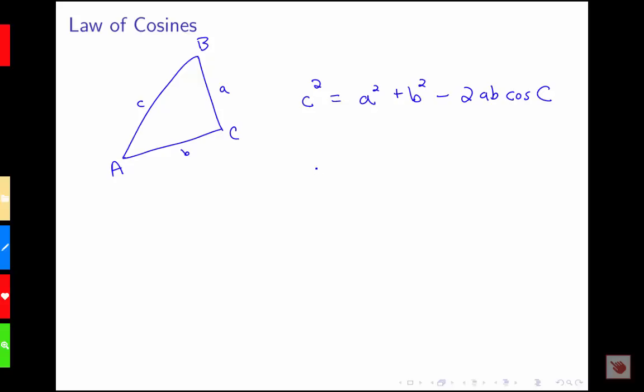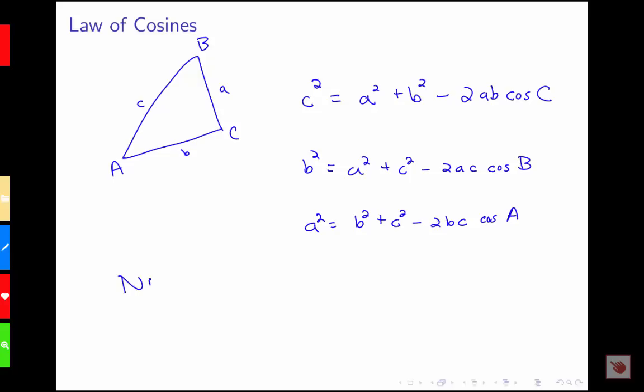It's also true that if we choose a different side that we want to be interested in, b squared would be equal to a squared plus c squared minus 2ac cosine B, and a squared would be equal to b squared plus c squared minus 2bc cosine A. So what you want to note here is this is a generalization of our Pythagorean theorem, because